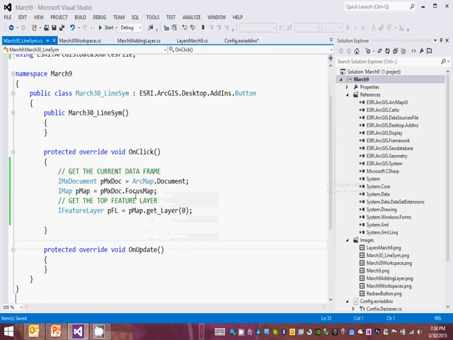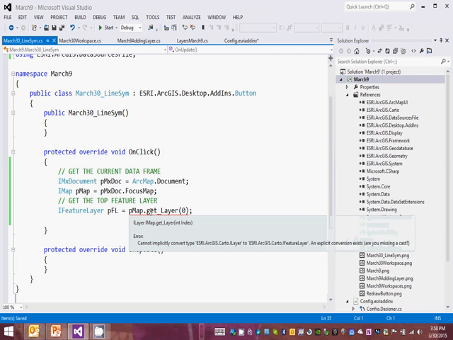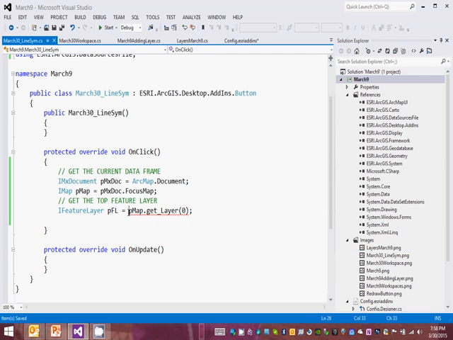Since I'm getting layer, what did I do wrong? Oh. I need to cast it to iFeature layer from my layer, of course. So,